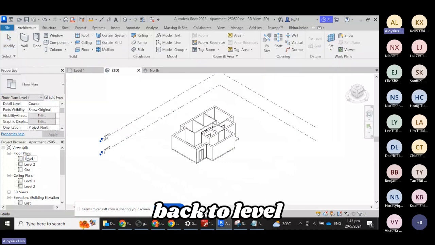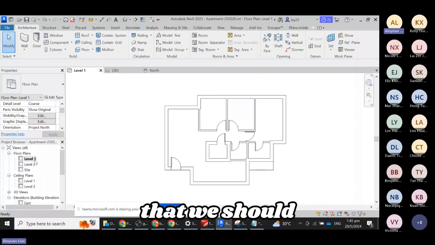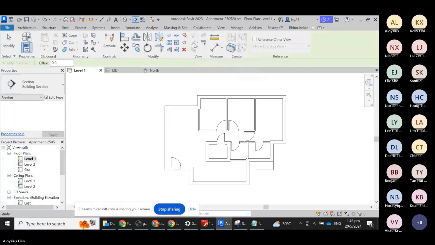And we'll go back to level 1. The next thing that we should do is we have to show a section. So how do we do a section? We'll go to View, click on Section,